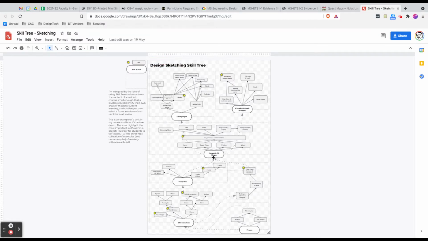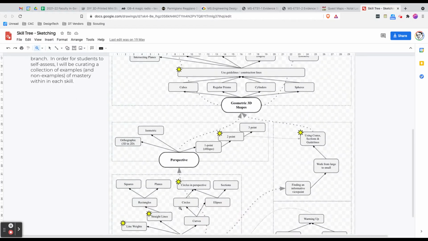And then within each of those branches, it shows all the individual skills and the order in which those need to be mastered in order to really get the skills in that branch. So let's zoom in a little bit here. If we look at foundations